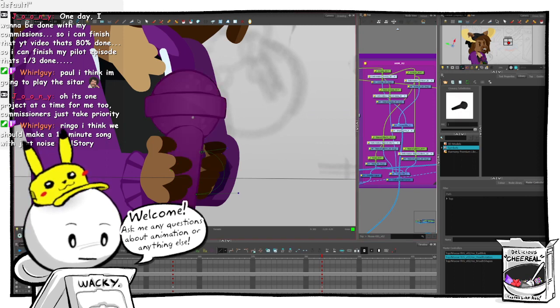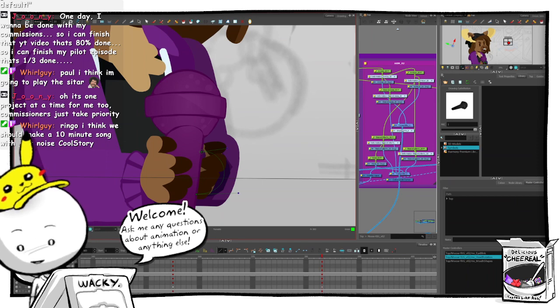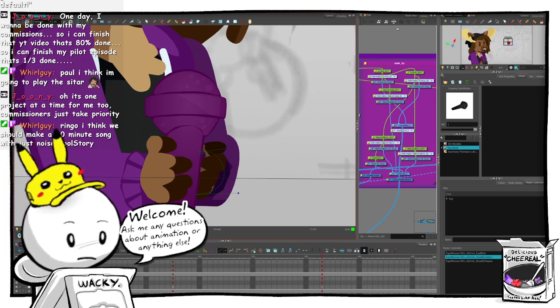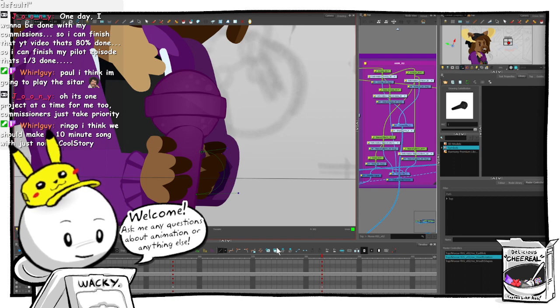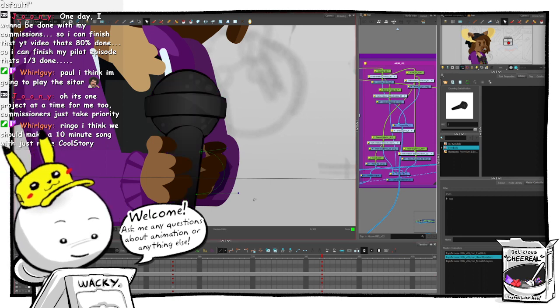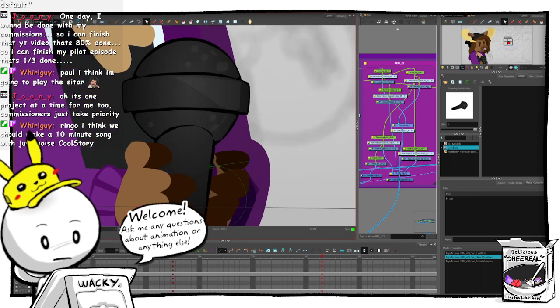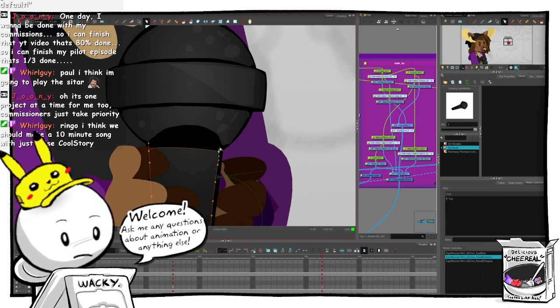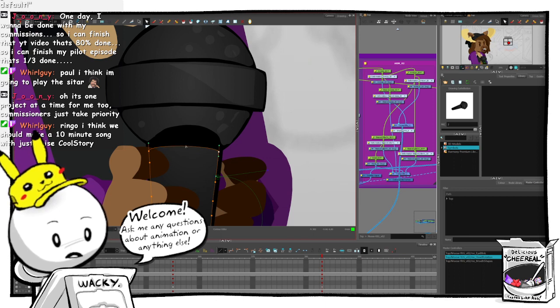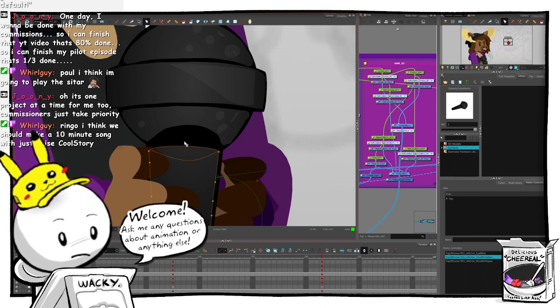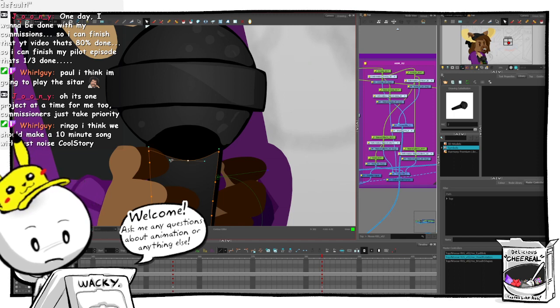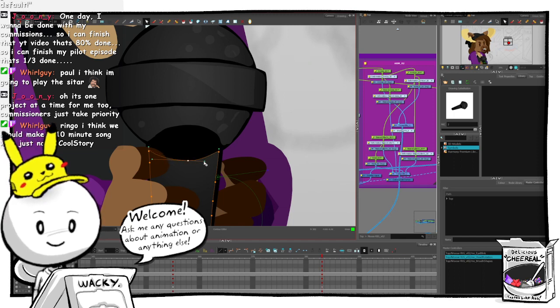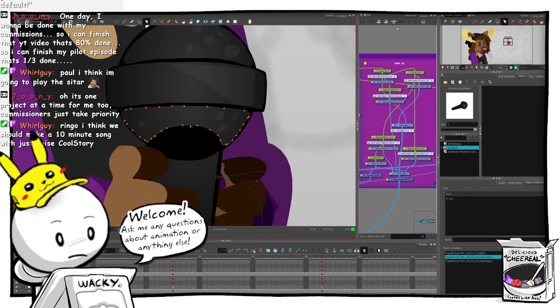Let's see. I also noticed this microphone doesn't really match the perspective. I wonder if I can really quickly fix that. Boy, this microphone is so jank. I made it pretty quickly. Like that.